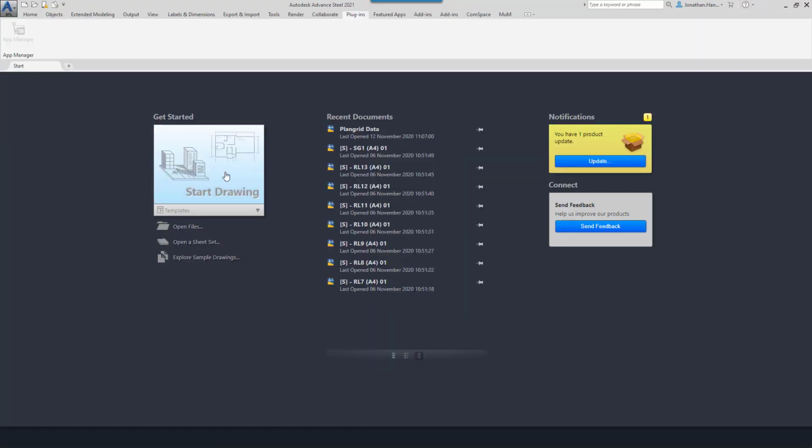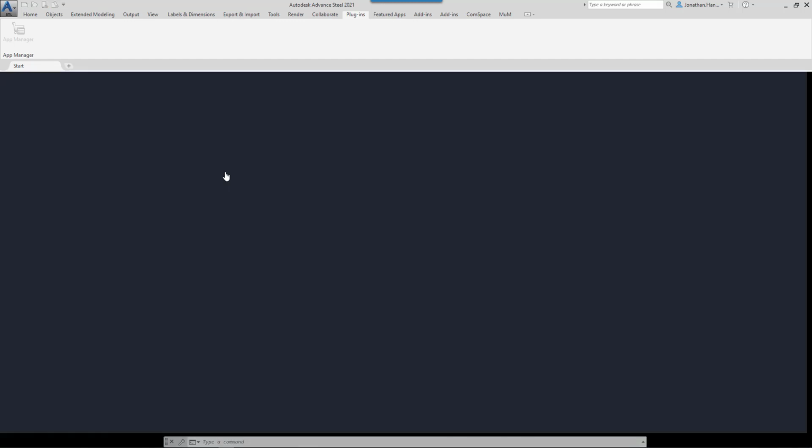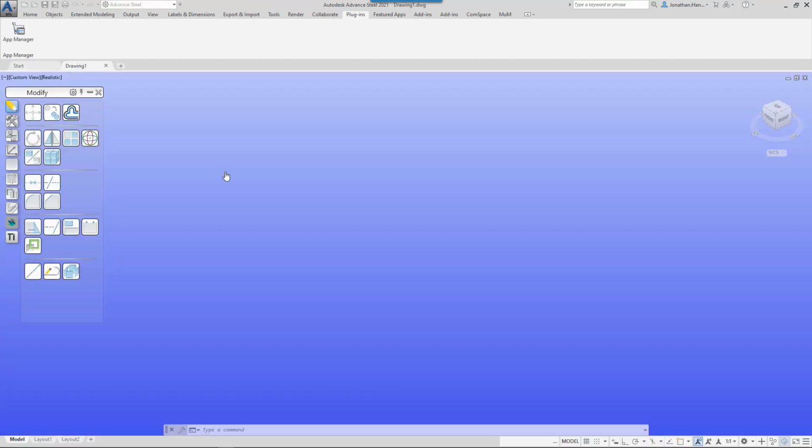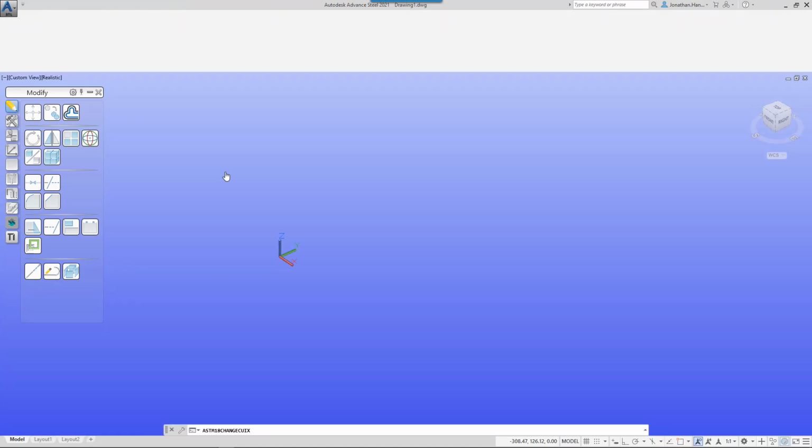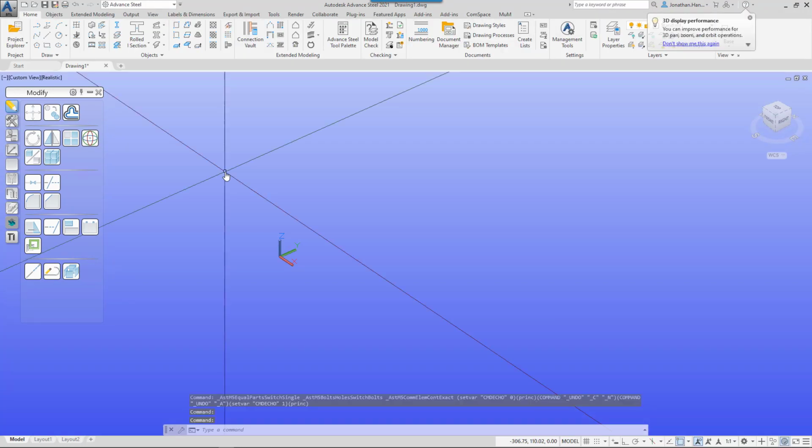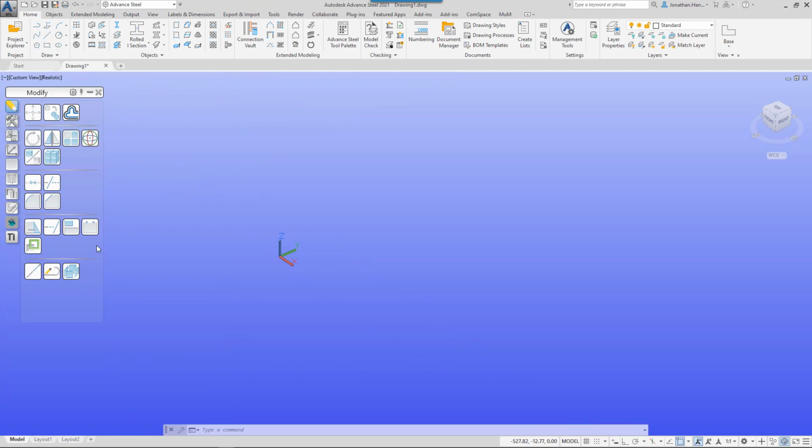So I'm just going to start a blank drawing. So click the Start Drawing button, and this will open up a blank Advanced Steel template. The thing to note is not to look for a new tab at the top. It is based upon the tool palette. So down on my tool palette you will see I have at the bottom Titan, and I click into it